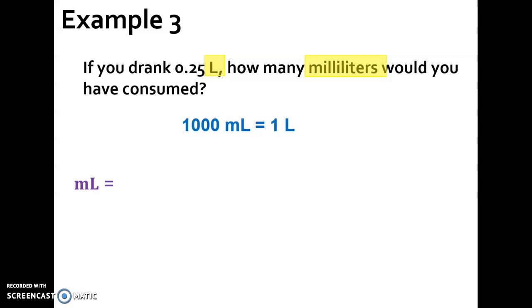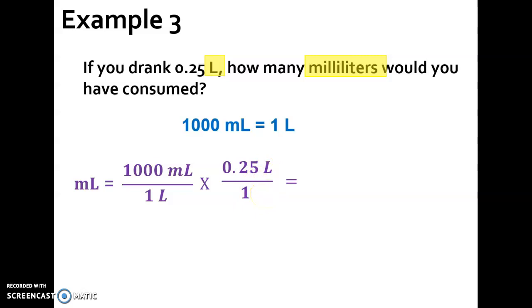We have to figure out which piece of that goes on the top. Go back to your desired answer. Desired answer is milliliters, so that means that we're going to put the 1,000 milliliters on top of 1 liter. Now that puts liters at the bottom, which means we need liters at the top of our next fraction. And they gave us 0.25 liters, so we can just pick that up, put it over a 1, and check